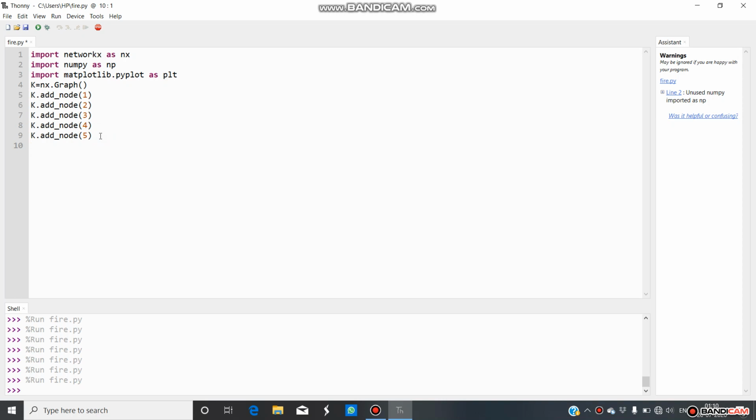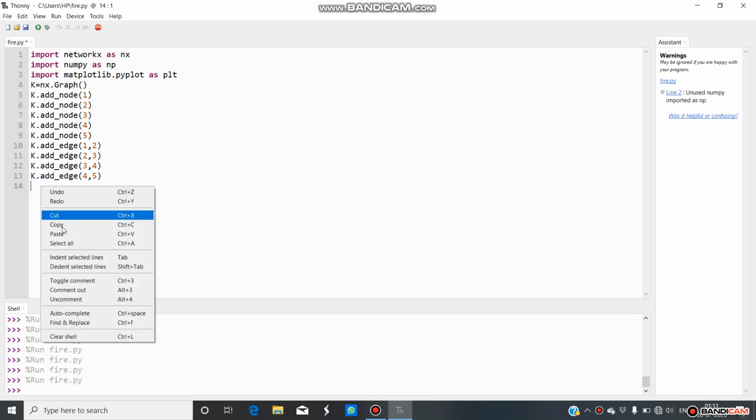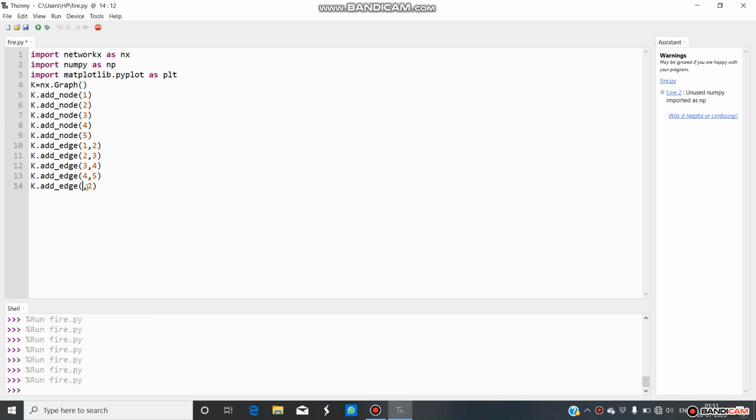We can insert edges like k dot add_edge 1 comma 2, 2 comma 3, 3 comma 4, 4 comma 5, and the last one is 5 comma 2.